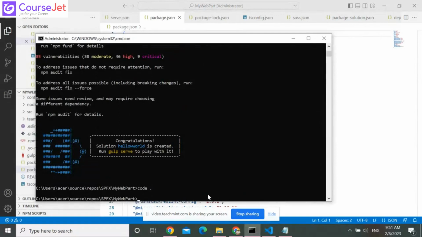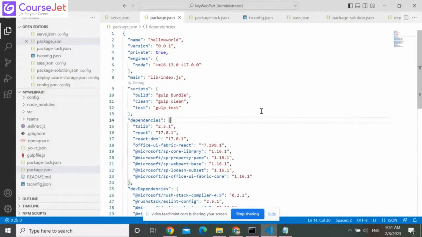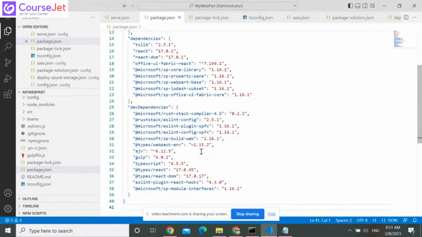You will add only that single line. Once you execute that command, for jQuery, one new entry will be added here: jQuery and its version, what version needs to be installed. That's the purpose of this package.json and